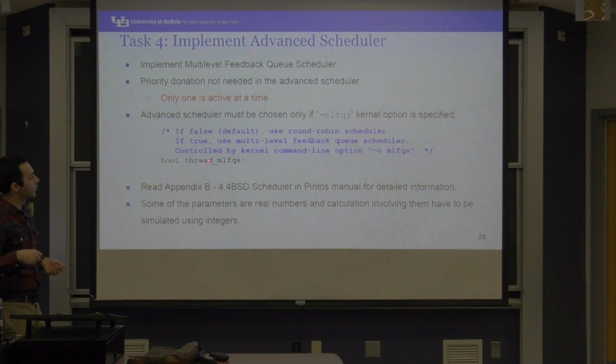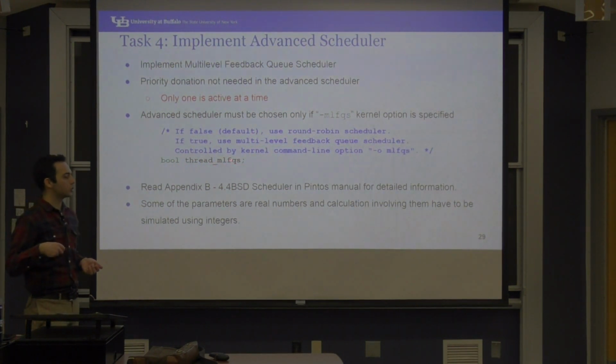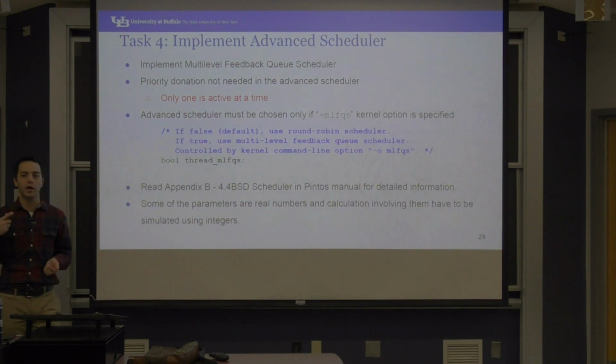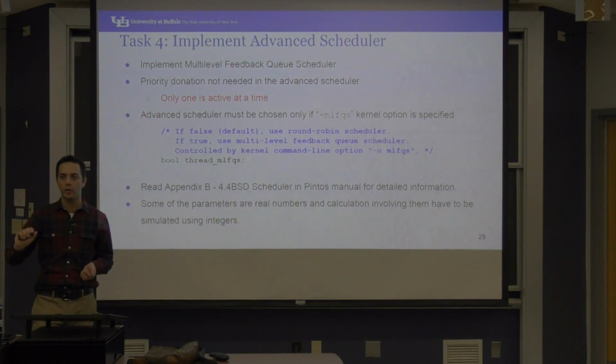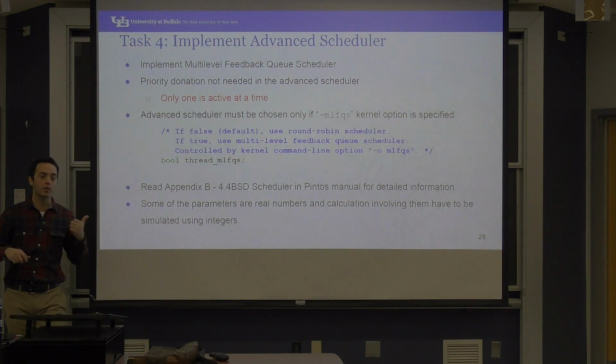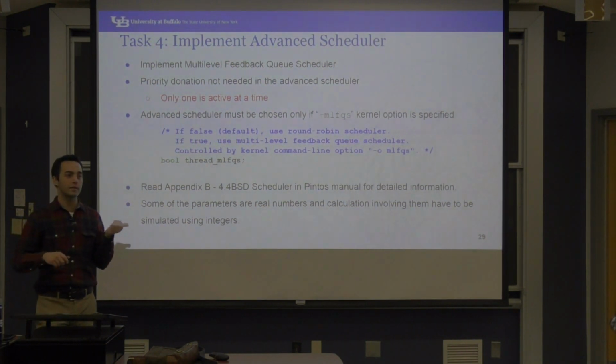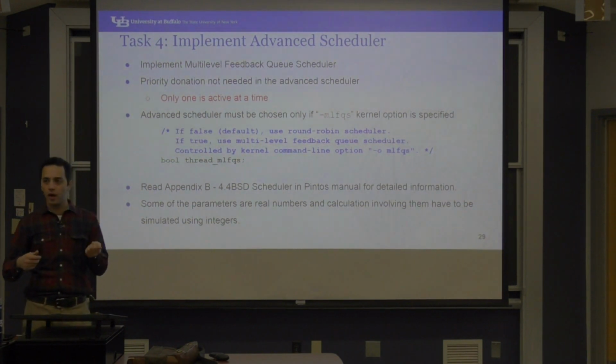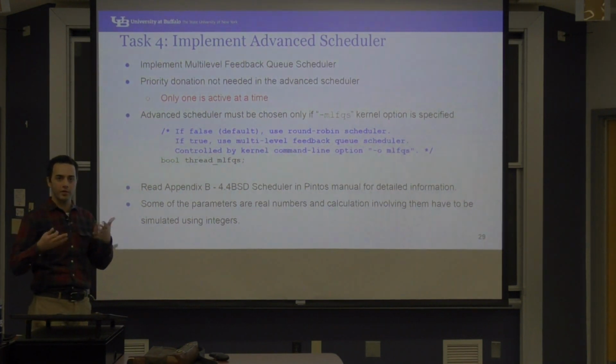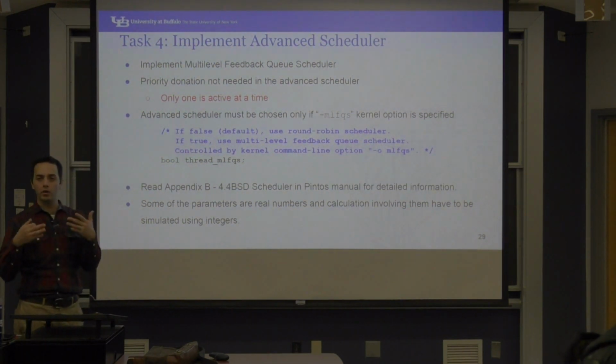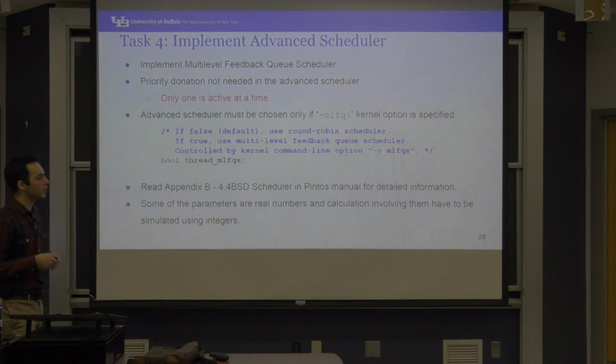in your Pintos there is this Boolean value thread_mlfqs, which is in about line 60 of your thread.c, and it is set true or false by init. So you don't have to worry about setting it, but you should use it in your code. If it is true, then your scheduler should schedule based on the advanced scheduler. If it's false, which is usually the default for all other tests like priority and alarm clock, then your scheduler should just be your priority scheduler. So